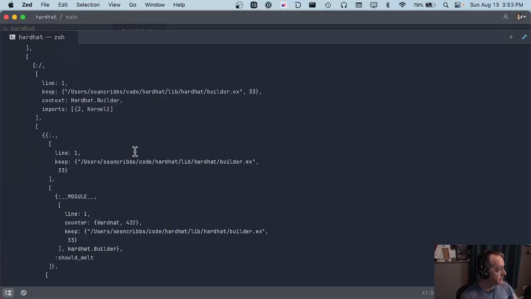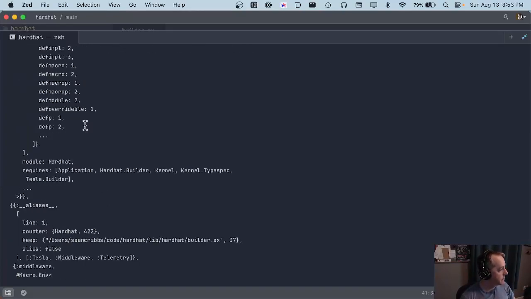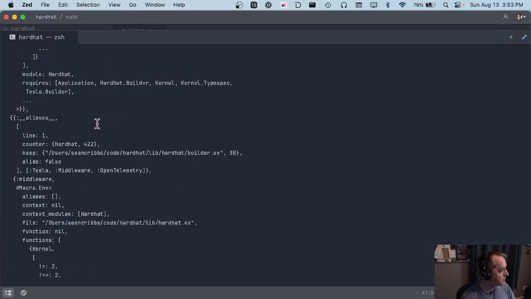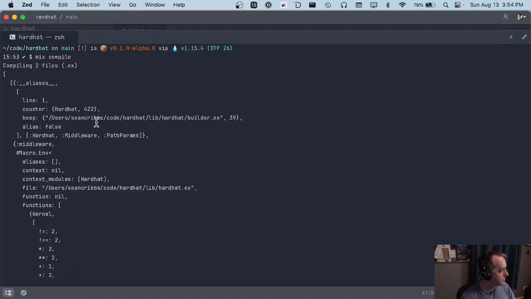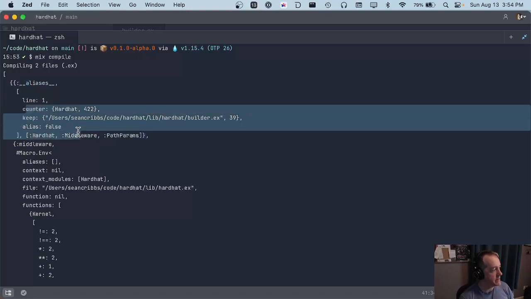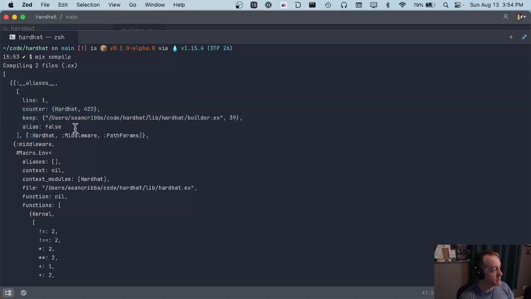Okay, so this is fun. There's a lot here. Let's go up. The Elixir compiler is adding aliases here, so this is saying this has escaped this module name, right? And it's got the metadata about that particular AST node. And this is the module sequence, the sequence of module names. And so aliases, and note that we have